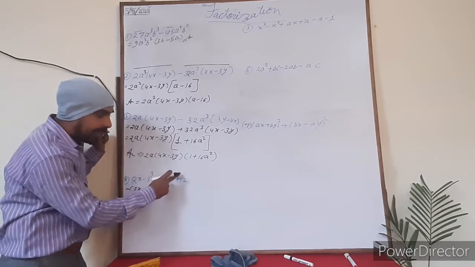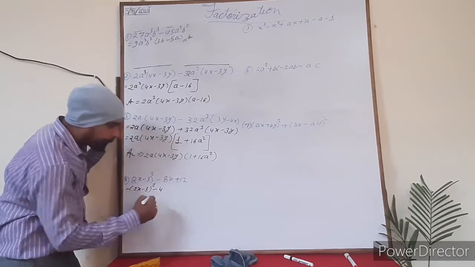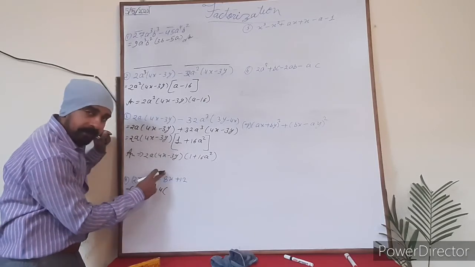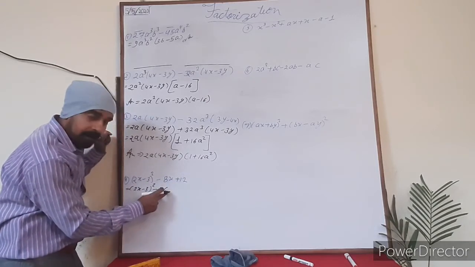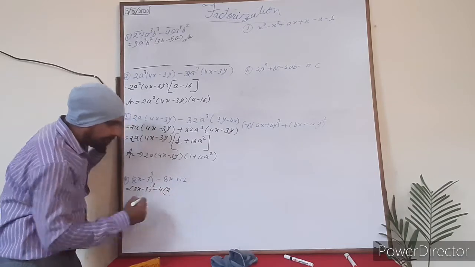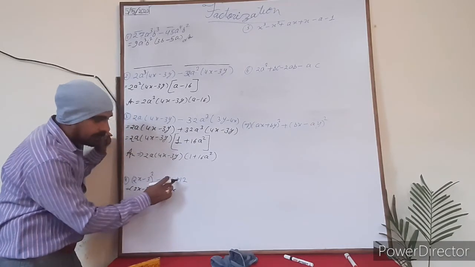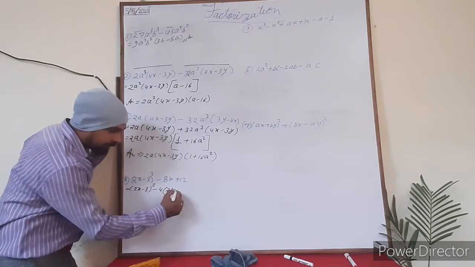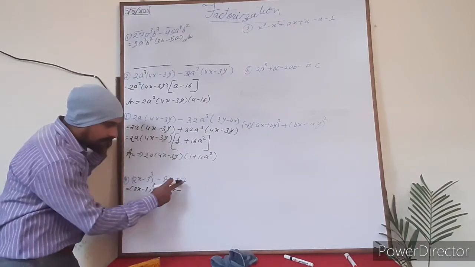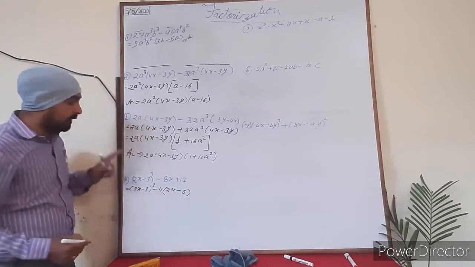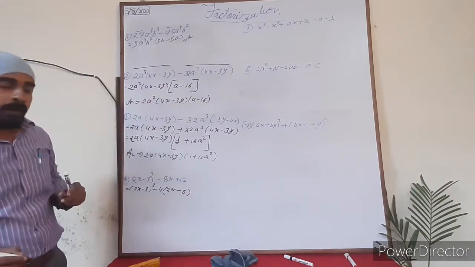After that, in 8 and 12, 4 is common. As soon as you take this 4 common, this minus 4 will divide this one, so minus minus plus will be here, 4 to the 8x will remain here. Now this minus sign will make this positive one a negative one by dividing, and when this 12 is divided by 4, you are going to get 3. Now observe, this will be like question number 2.